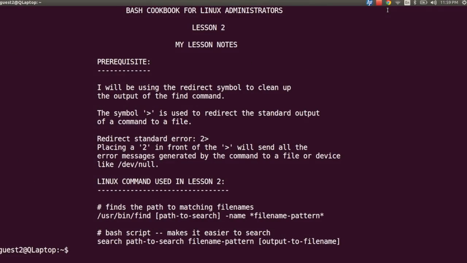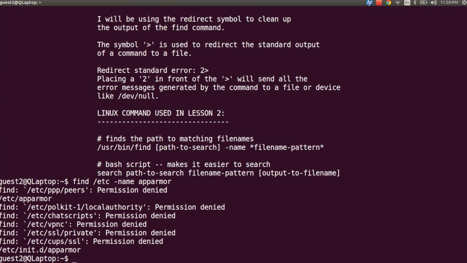From the notes we can see that the find command is what we will be using. So how do we use the find command? First, we put the path where we believe the file may exist. In this case, I'm going to go to the etc directory, and then I'm going to search for the name of the file. I'm going to use apparmor, and what comes out is a bunch of permission denied messages and /etc/apparmor,